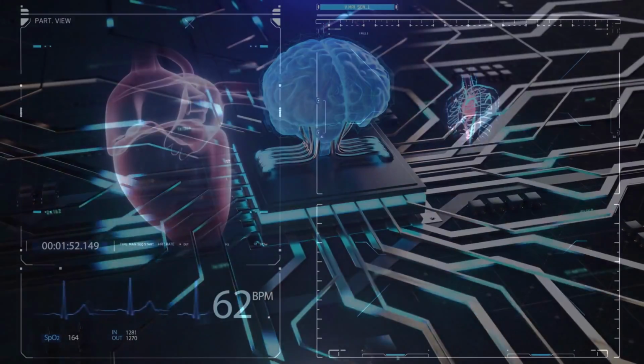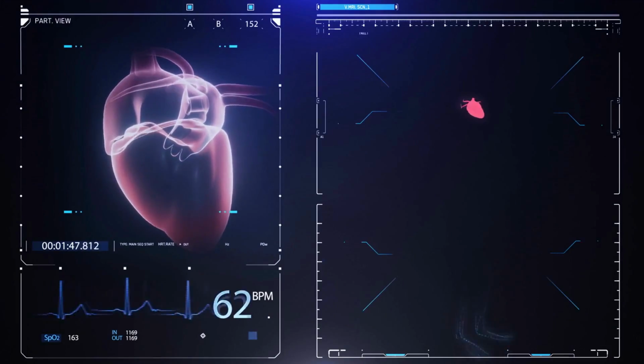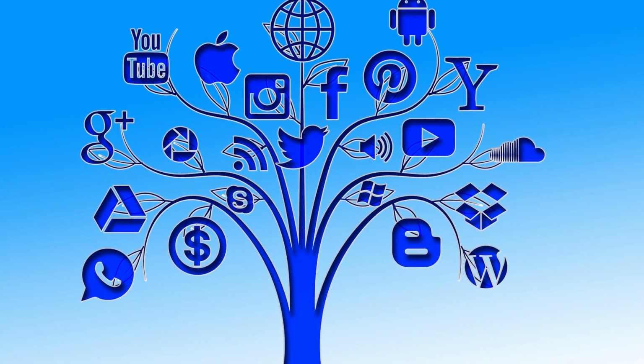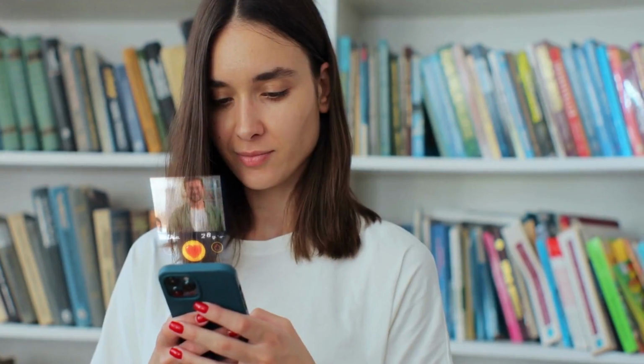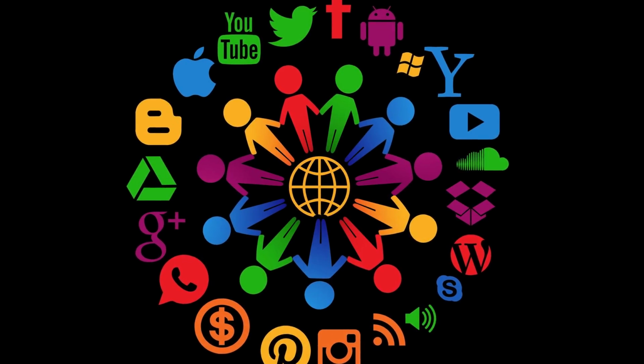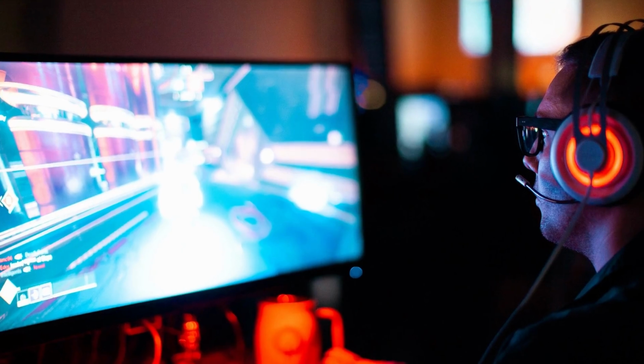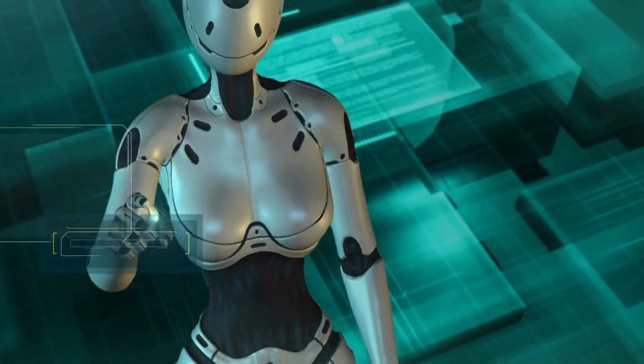AI is also being used in healthcare, where robots are being used to perform surgeries with greater accuracy than human doctors. AI is also being used in social media, where it's used to personalize users' feeds and advertisements based on their behavior and interests. And in the gaming industry, AI is being used to create more realistic and challenging opponents